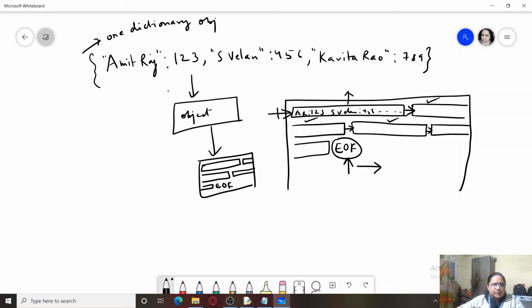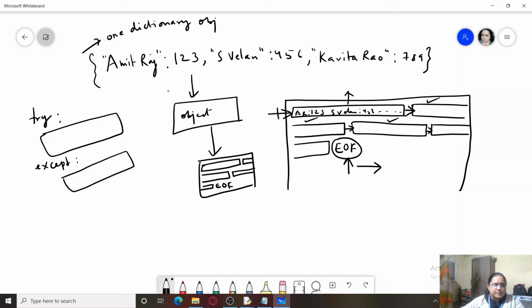For this, we will be using a try and except block. Usually, if we want to test a code, we write it within the try block, and sometimes in our program, because of some problem or the other, some unexpected situation occurs, and that situation is known as an exception.